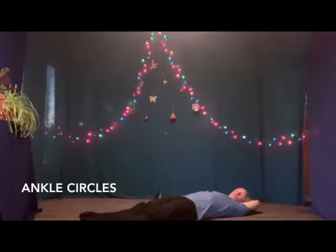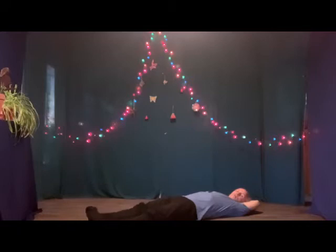Joint articulation of the ankles, go the other way, and the other way, other way, and breathing in,